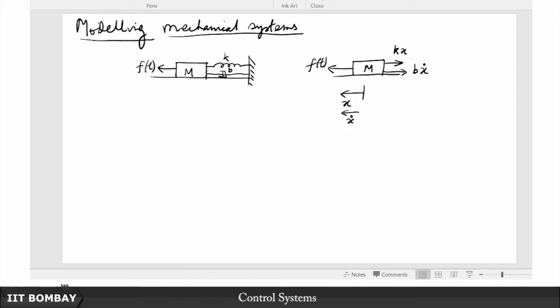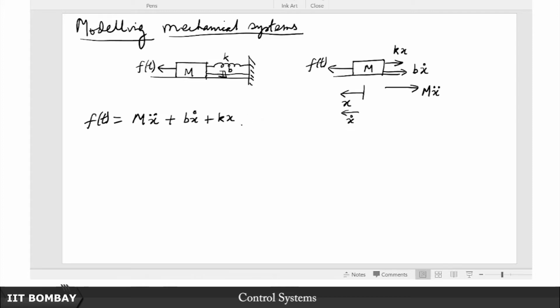Of course you know by Newton's law that every action has an equal and opposite reaction, so you consider a pseudo force which is mx double dot. Once you apply the pseudo force, you can consider this body to be in a state of static equilibrium. So therefore you can now write the static equilibrium equation for this body as follows. So F, the externally applied force, is balanced by mx double dot plus bx dot plus